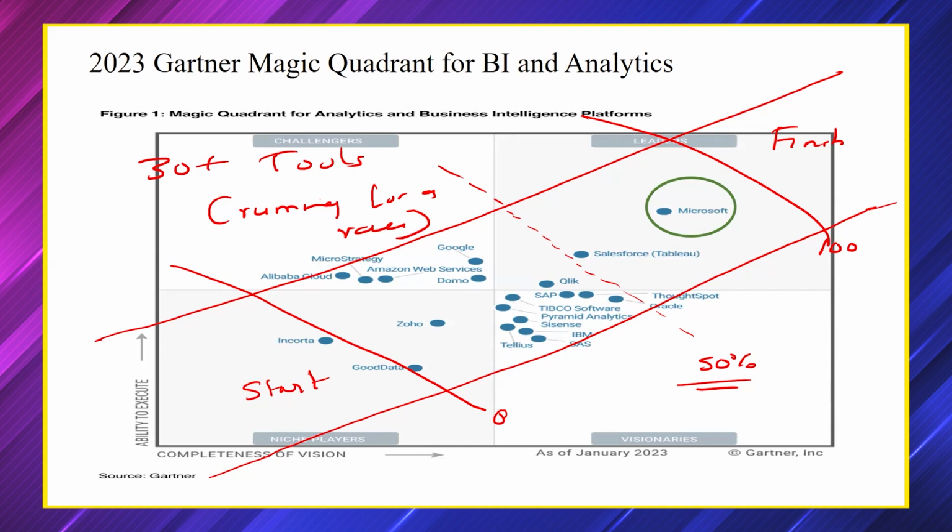I'm running a race. I don't see anyone competing with me because no one has even crossed the 50%. How will they beat me? Now, my biggest challenger is Tableau. If you ask a first rank student, or your cousins, brothers and sisters who are studying, they will never worry about the last benchers. They will always worry about the second rank student, because the second rank student has every chance that he may overtake the first rank.